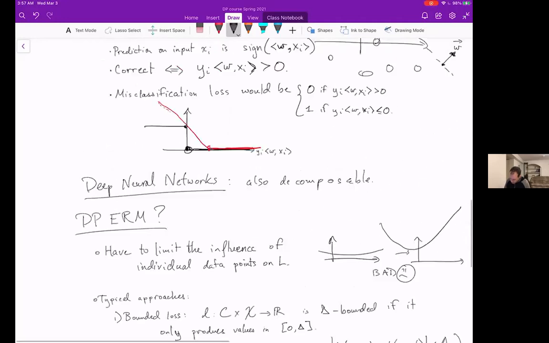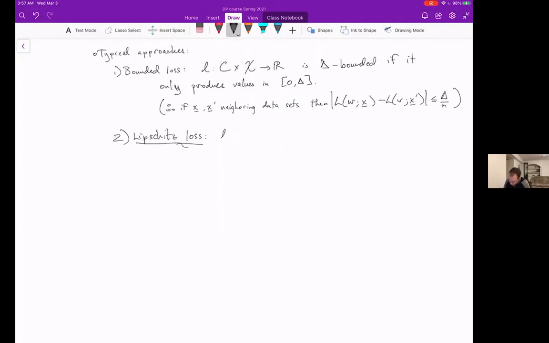Okay, so sorry about that. We'll say L is G Lipschitz if for all points in the domain and for all X in X, if I fix X,